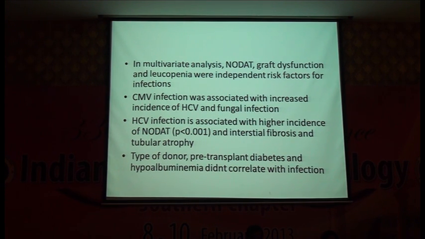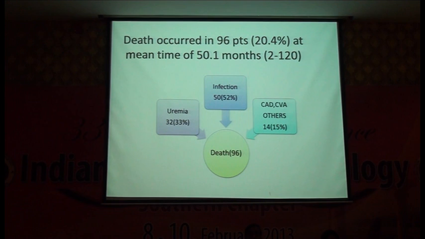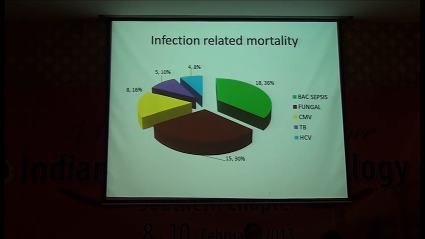Type of donor, whether liver or cadaver, pre-transplant diabetes, and hypertension didn't have any correlation with the risk of infection episodes post-transplant. And 20.4% of deaths occurred at a mean time of 50.1 months, and infection caused more than 50% of the deaths, followed by nearly 33%. So coming to the infection-related mortality, bacterial sepsis was